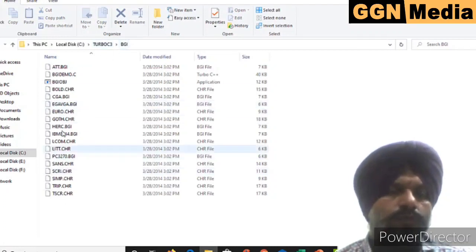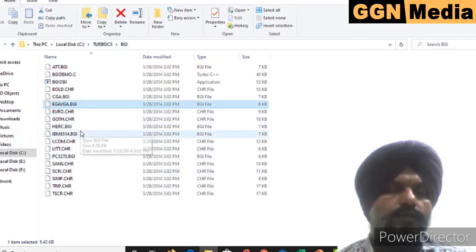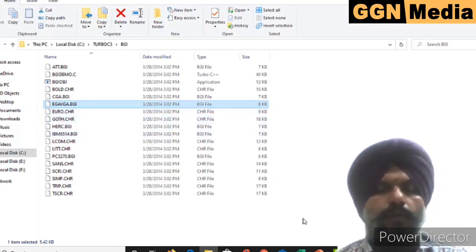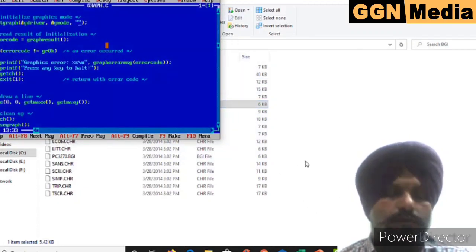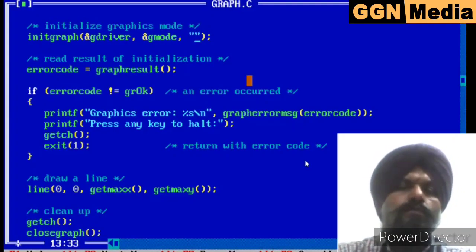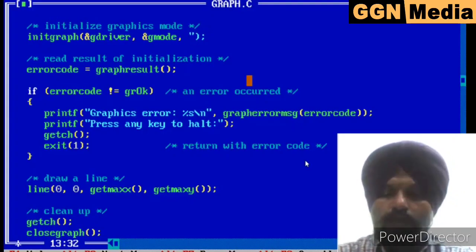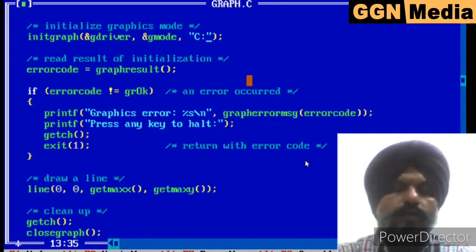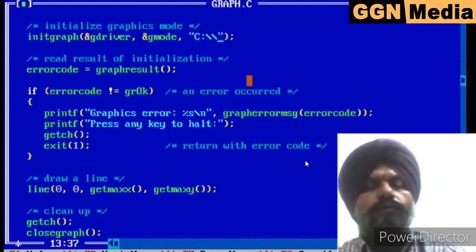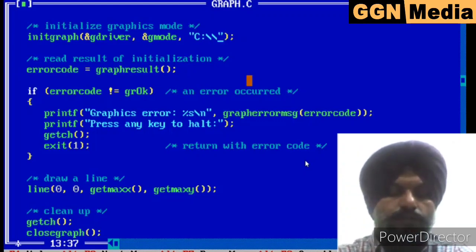In this BGI folder, you will see there is an EGAVGA.BGI file which is required by the program. So we have to mention the path C:\TURBOC3\BGI in the path parameter in double quotes. Always remember that when you write the path in C, write it in capital letters with double backslashes.